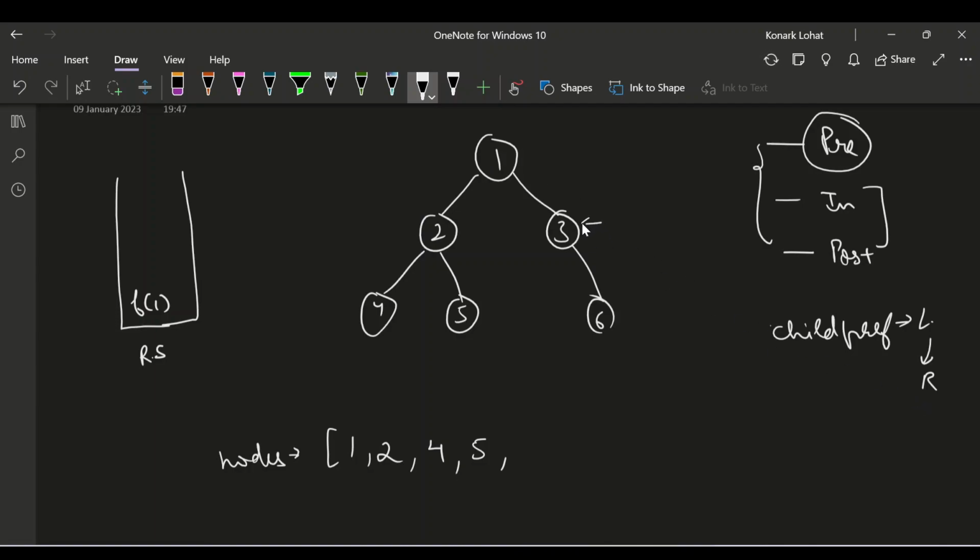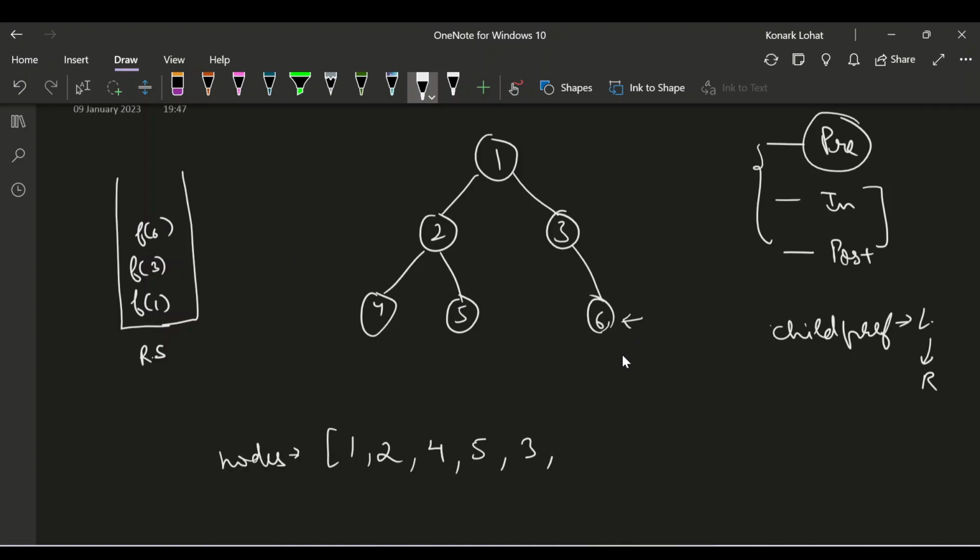So now I will process this node, and I will recursively call it on f of 3. For f of 3 I don't have the left child, so I will not be calling a recursive call on left child, but I will be calling a recursive call on right child because I do have a right child. And by the way, I will also be storing the 3 here because we are concentrating on this node. And now we are at f of 6, so we are now focusing on f of 6. Recursive stack will have f of 6,